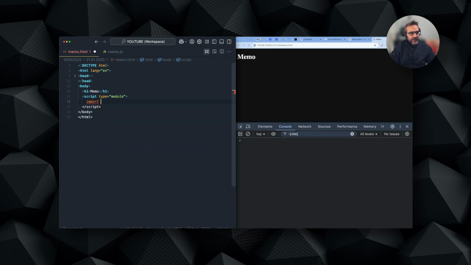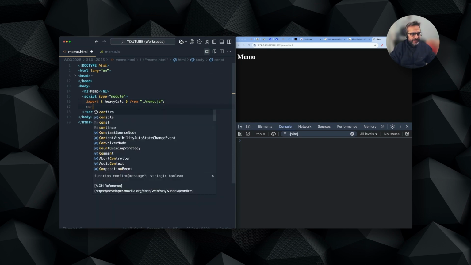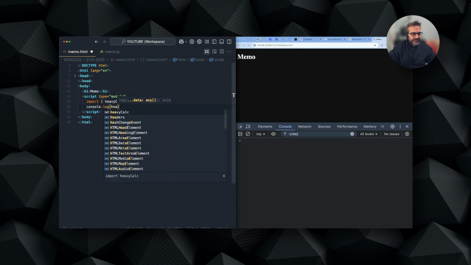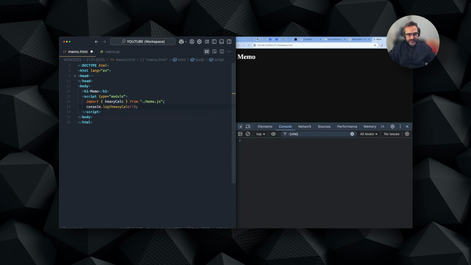So I'm going to say import heavy calc from memo.js. Let's see whether we can console log heavy calc and see something. I will get not a number because I need to pass an argument. So let's put 10. I get the result. Now, in order to calculate the performance and see how long this heavy calculation takes, I can use the performance